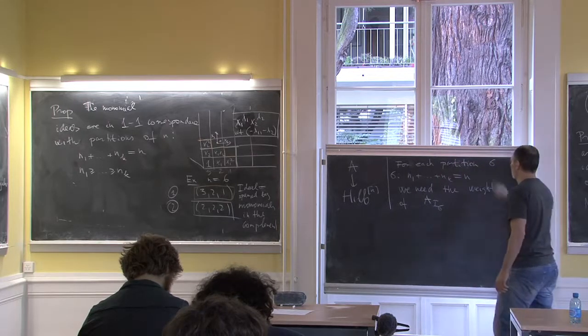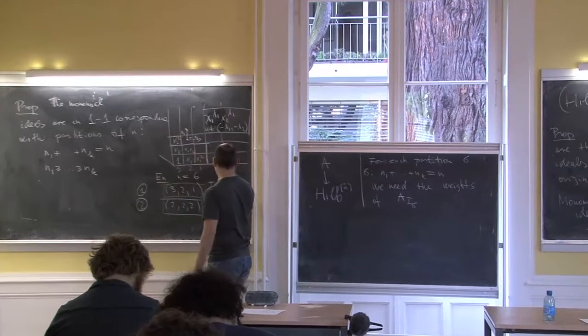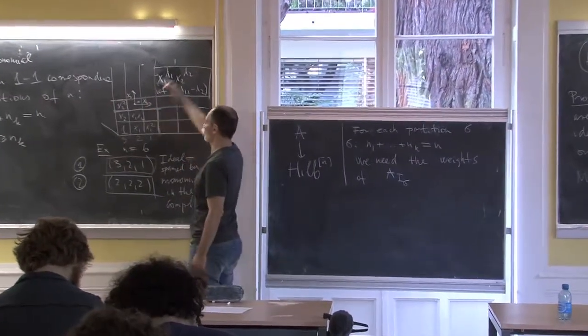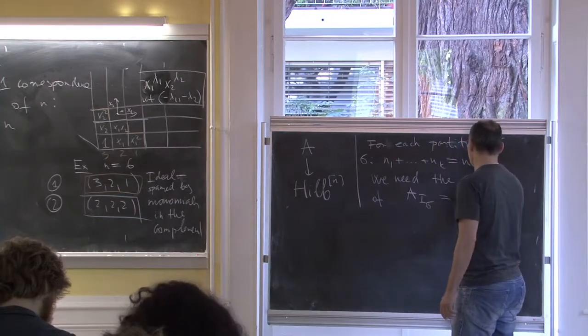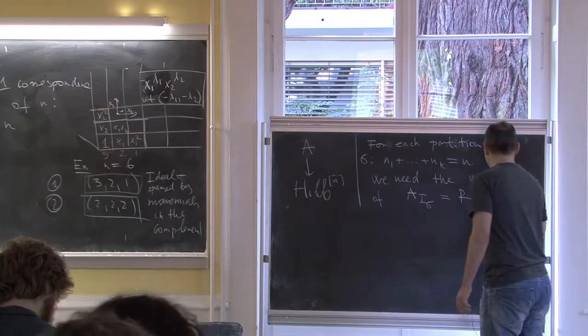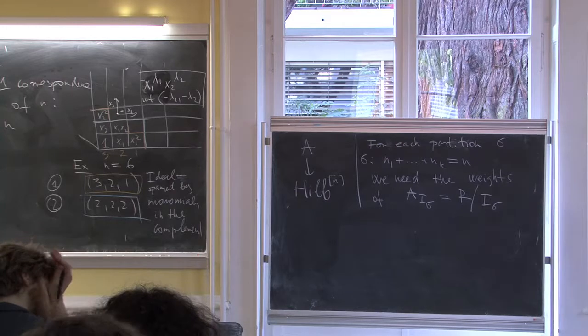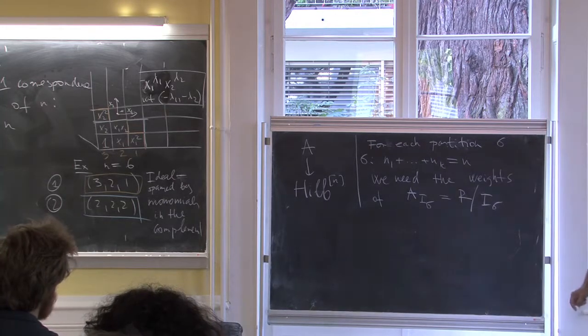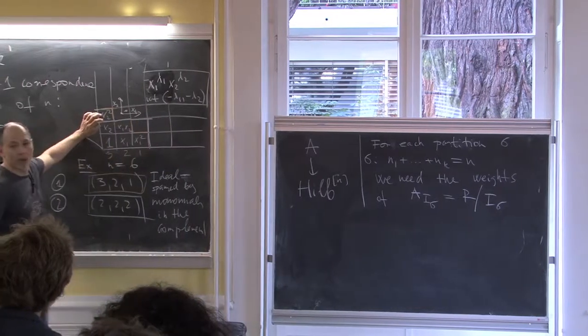Okay, so for each partition, like 3, 2, 1, I have an ideal which is described here, which is the complement. That's the ideal I sigma. And of course, A I sigma by definition is just the quotient algebra here that comes from that sequence. Remember, I goes to R mod I. And so these weights are easy to describe because, like for example here, so again, proof by example, 3, 2,